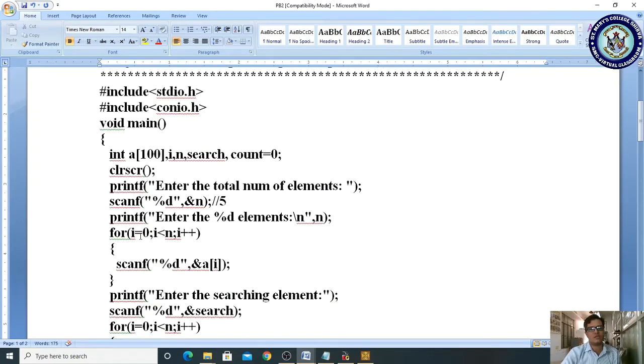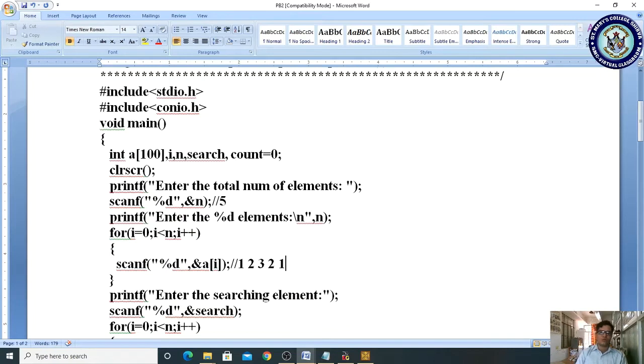For i equal to 0, i less than 5, the condition is true, we have to read and store 5 different values. Now I am reading the values: 1 is stored in the a[0] location, 2 in a[1], 3 in a[2], 2 in a[3], and I am storing 1 in the a[4] location.